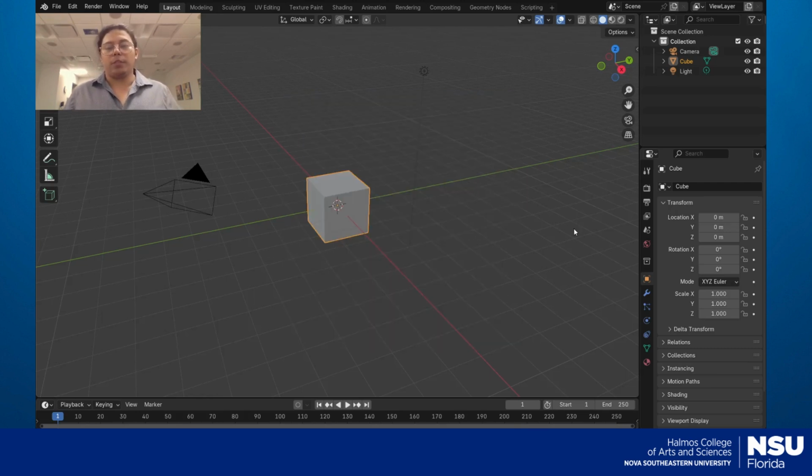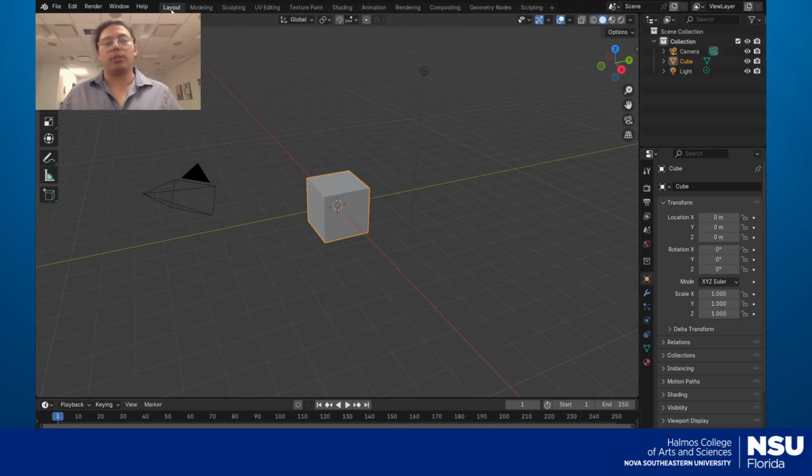Alright, so just to give you a quick walkthrough on how to do a simple UV mapping, I'm just going to use a default cube here in Blender, which would allow me to demonstrate what's going on. First, I think it's important to define and enter the proper workspace, because right now we're in the layout,